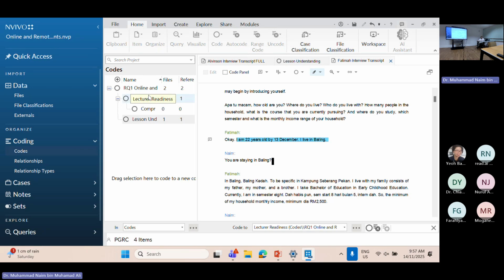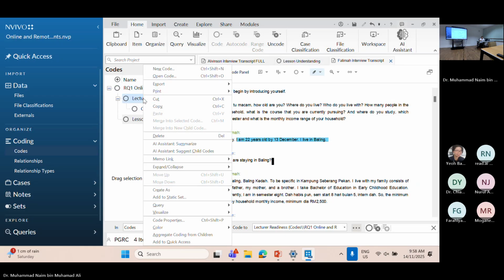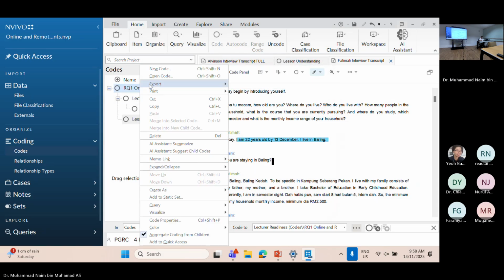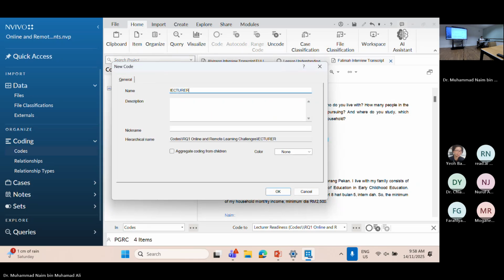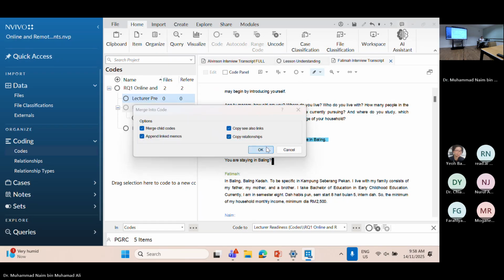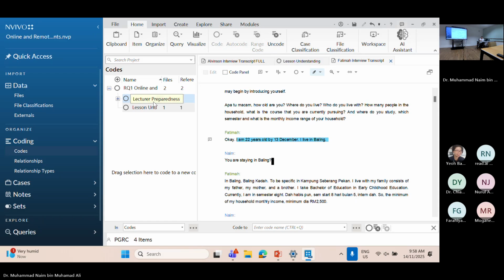We need that output. If you have this, this is the need.